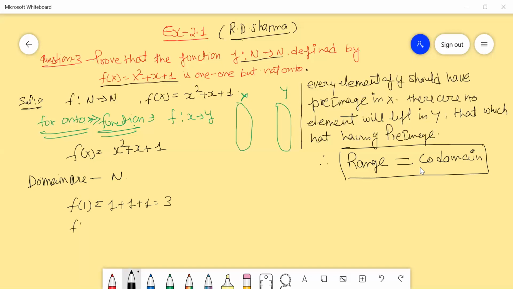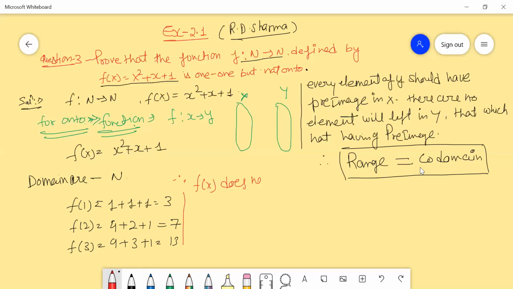Okay, and when we take 2, that is 2 square, that is 4 plus 2 plus 1, that is 7. And when we take 3, that is 9 plus 3 plus 1, that is 13. Okay, so we write f(x), therefore we write f(x) does not have